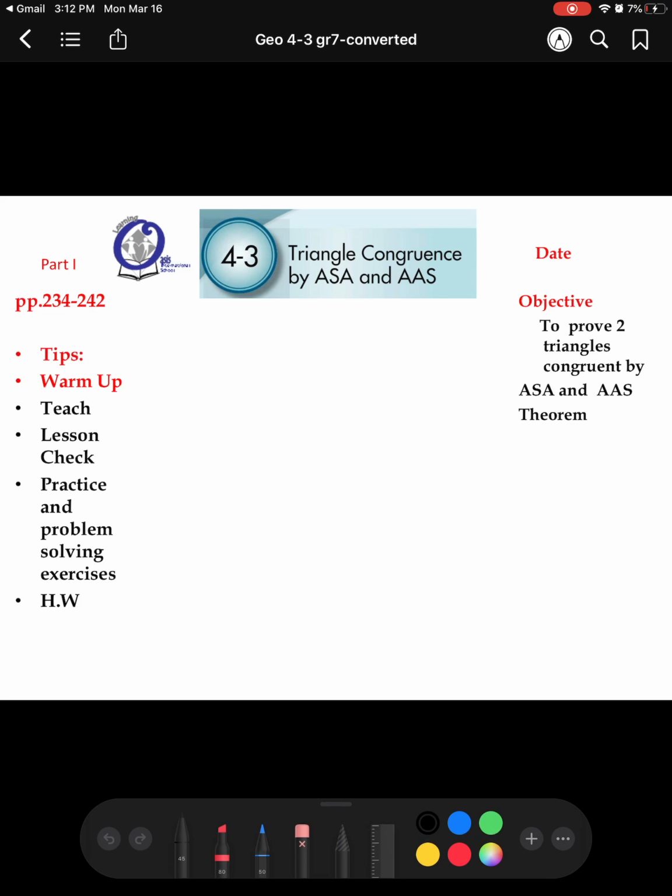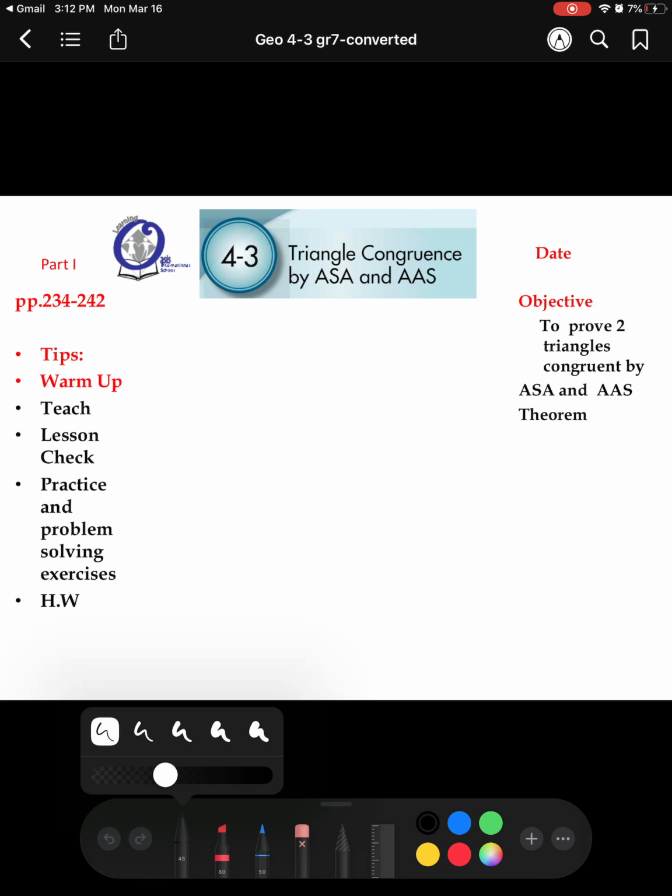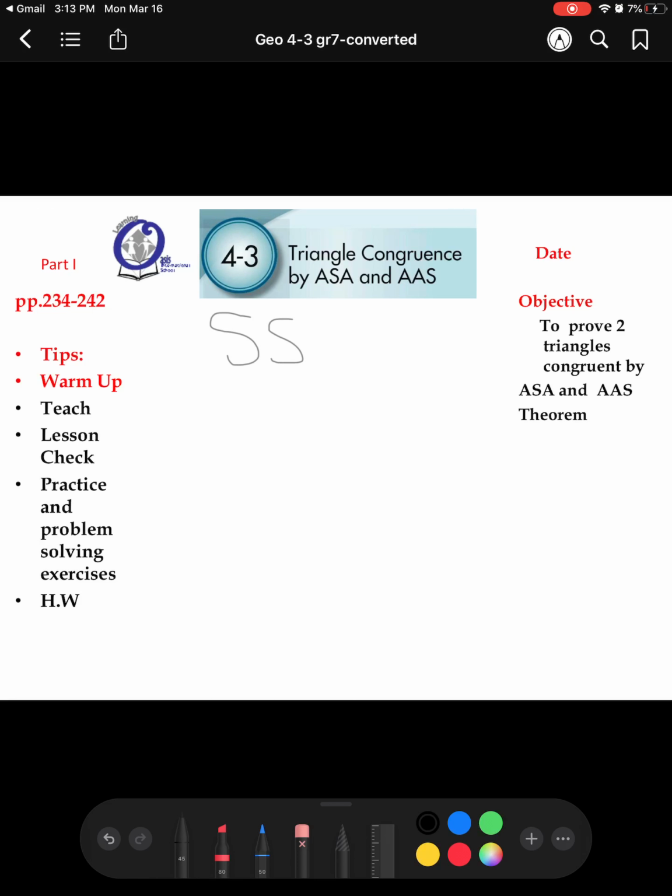The lesson today is the same idea as yesterday's lesson 4.2, but in 4.2 we were talking about the SSS and the SAS. Those are two postulates. We use them to prove that our two triangles are congruent, and we explained that the SSS is side, side, side. So if I'm able to find the three pairs of congruent statements related to the sides,